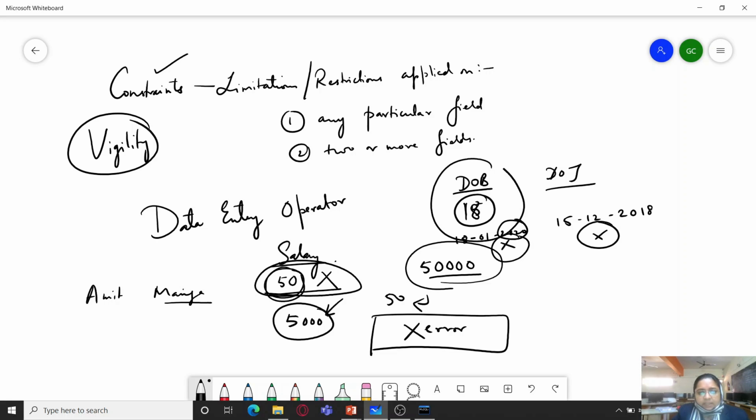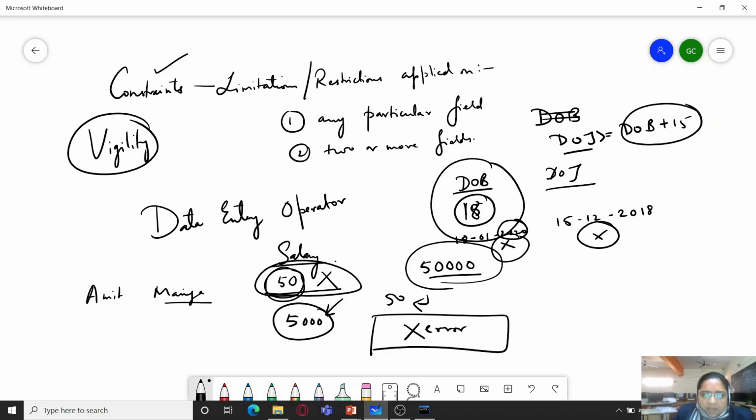Here we can put a restriction that the date of joining should be greater than or equal to the date of birth plus 15 years. The date of joining should exceed the date of birth by 15 years at least.